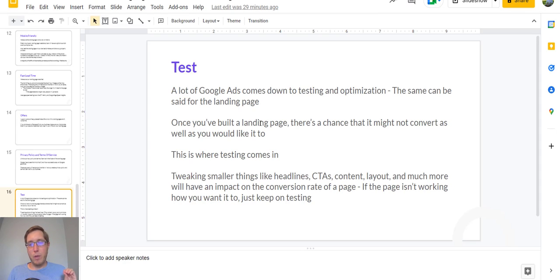So a lot of Google Ads comes down to testing, comes down to optimization, and the same can be said for a landing page. I've put landing pages out there that didn't convert as high as I wanted them to, and if that happens, what you need to do is you need to test. You need to change things. With some of those landing page builders, you can actually do testing on there. It's called A/B testing, and you can run two different variations of the landing page against each other, and then you just go with the one that works better. You can do that within Google Ads. Google also has their own A/B optimization tool that you can use, and pretty much, if things are not working on your landing page,